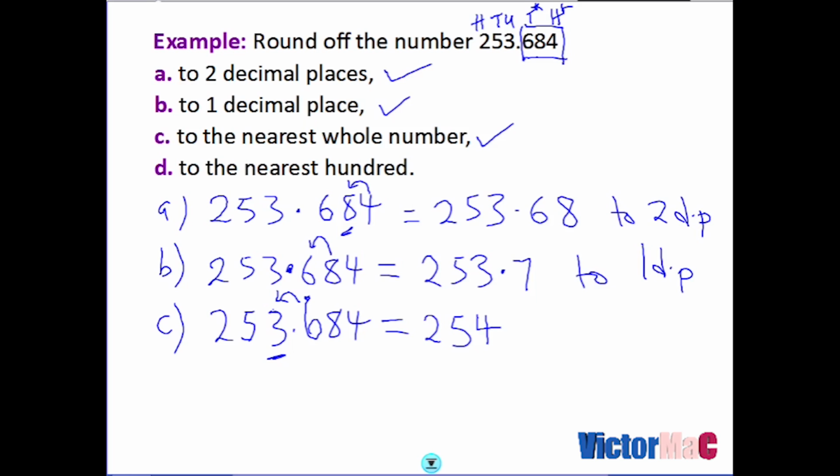Of course, in some cases we can write this as 254.0, as many zeros as you want, but we can also leave our answer like this, preferably. So this is to the nearest whole number. Okay, all right, the last one, the nearest 100, meaning that I must have the least place value